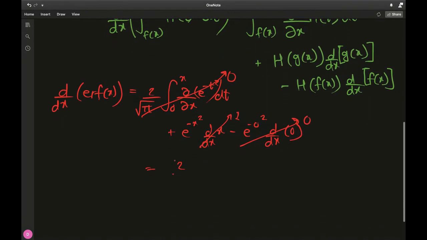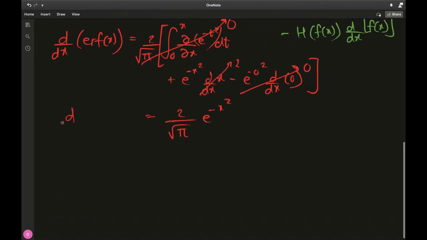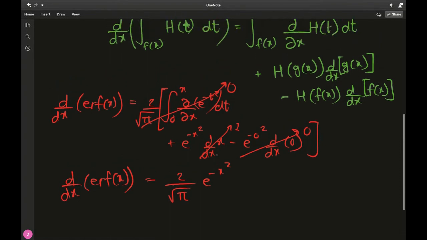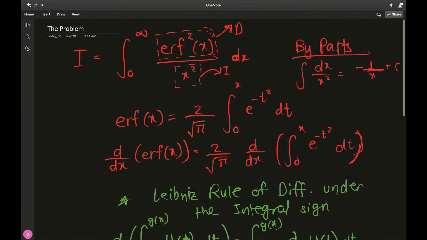2 over square root of pi, because that was actually a constant. I forgot to bracket everything out. 2 over square root of pi times e to the negative x squared. That's the derivative with respect to x of the error function of x. Pretty neat, isn't it? And that's why it's really nice to differentiate the numerator while we integrate the